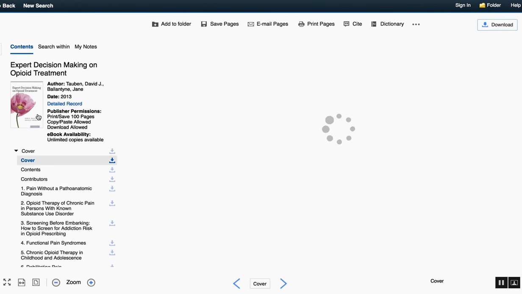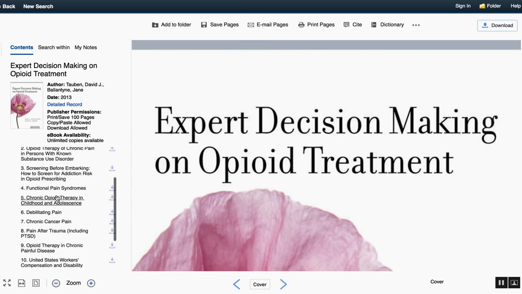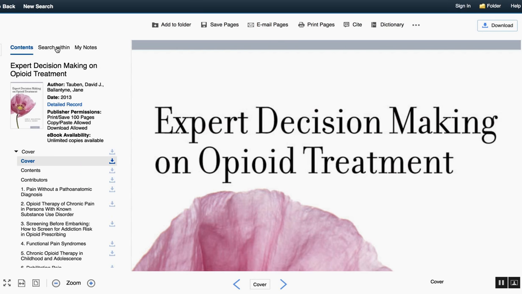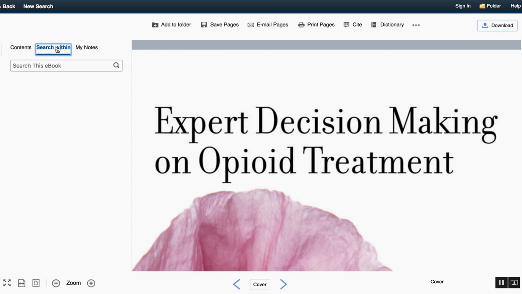Clicking on PDF full text. So here is the table of contents. I can just briefly go through it and see if there's something I want. I can look at the index. One of the things I like about eBooks is you can search within them. So I'm going to search within this book, and I want to look at